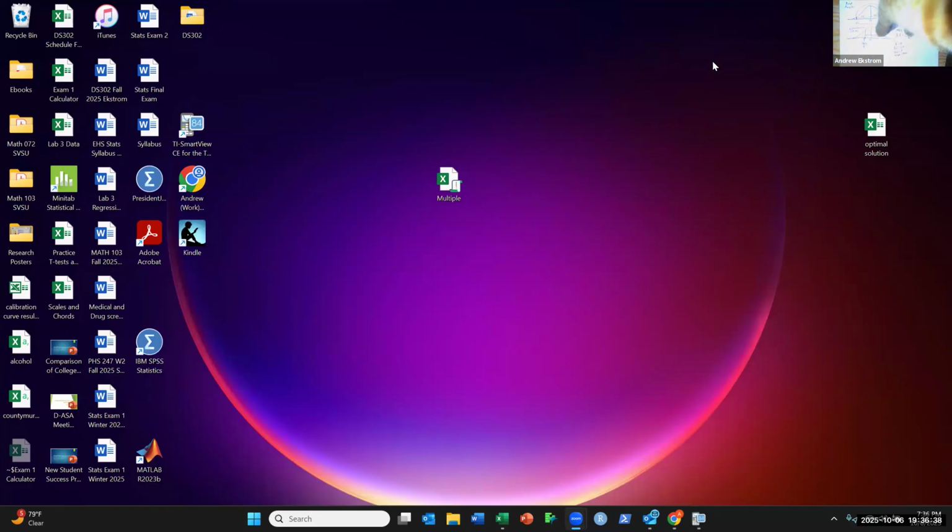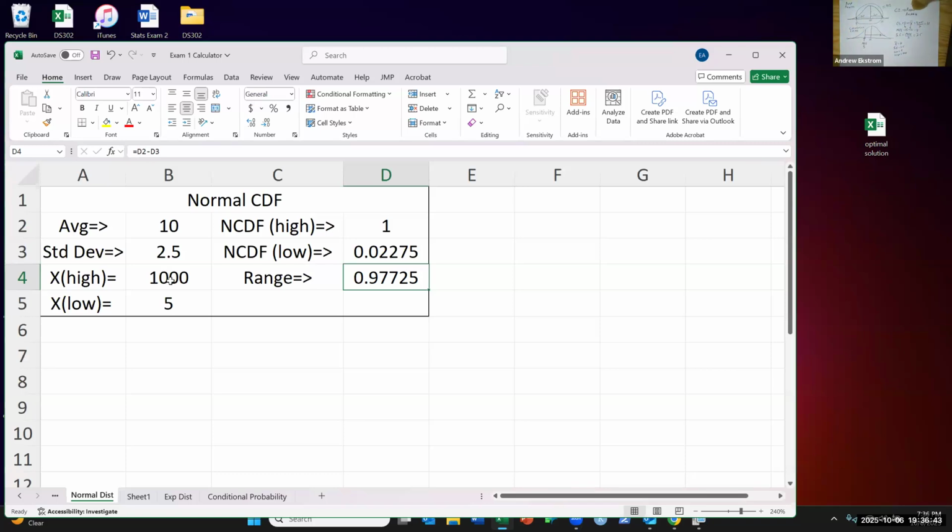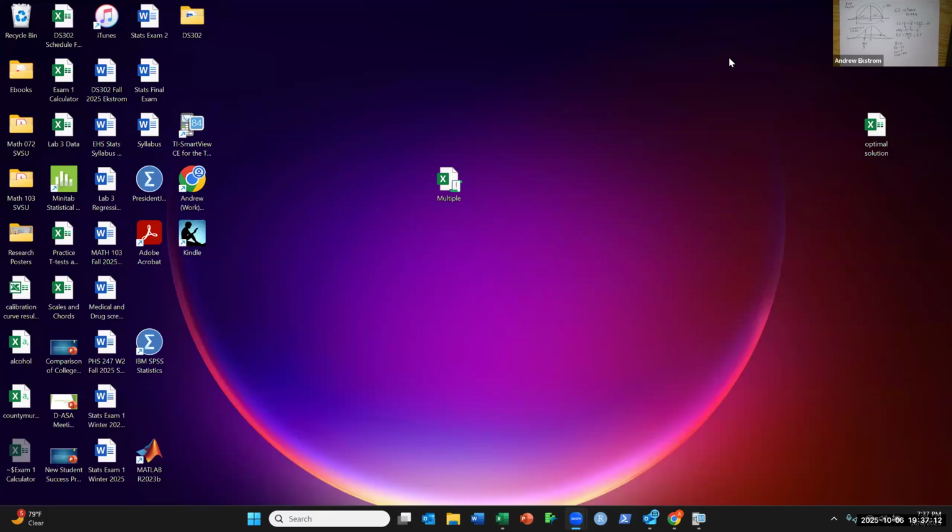But to answer Brooke's question about do we always need to use 1,000, if I drop this down to 100, notice that this value didn't change at all. If I change this to 50, this still didn't change anything at all. And if I took this calculation out to 32 decimals, we would see some changes there. But what ends up happening